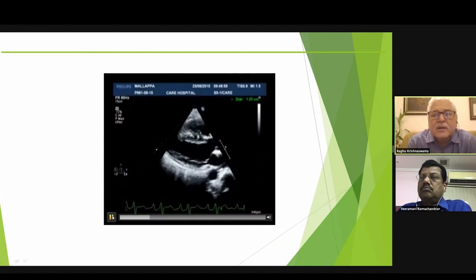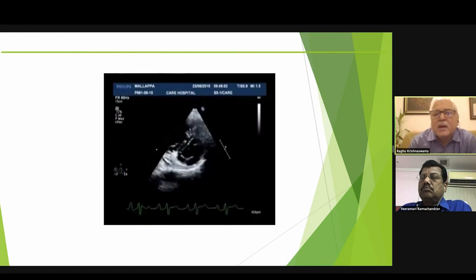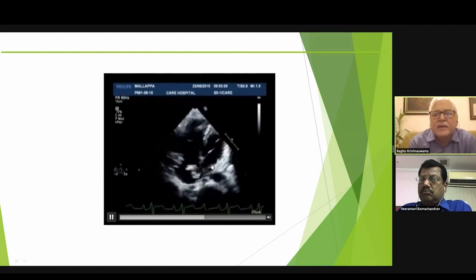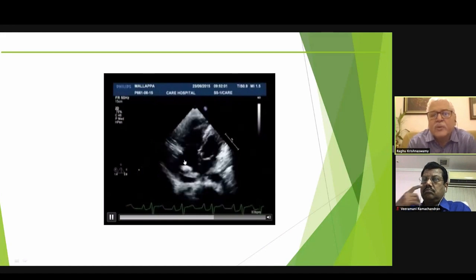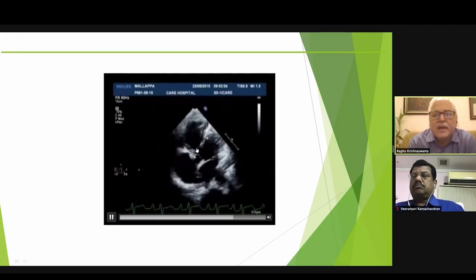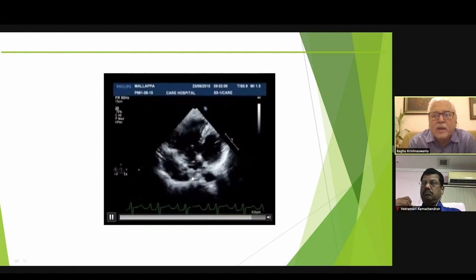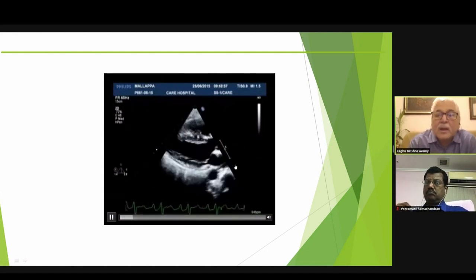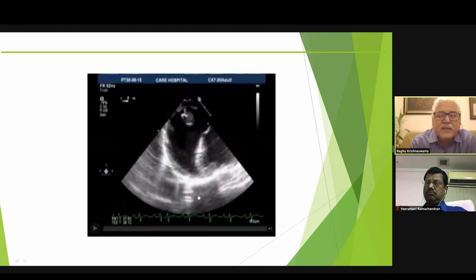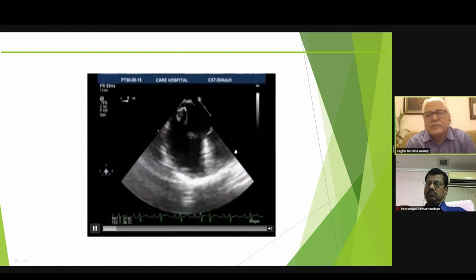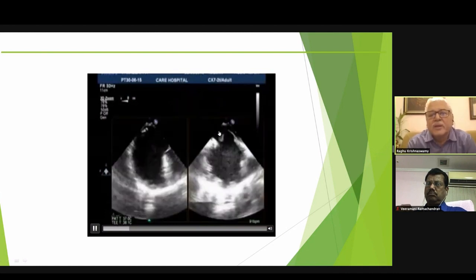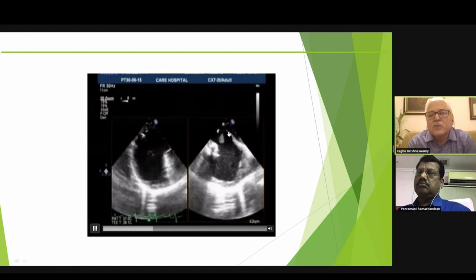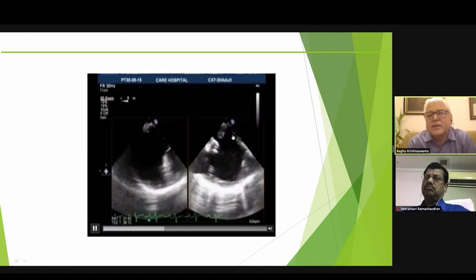This patient had pulmonary embolism. You can see the RV being flattened, the RV hypokinesia, and also the dilated RV, the LV being normal. What you see here is a thrombus which is very clearly attached to the interatrial septum. Now, we did a TEE for him, and TEE showed multiple thrombi, but one of them is actually a thrombus that is attached to the interatrial septum.